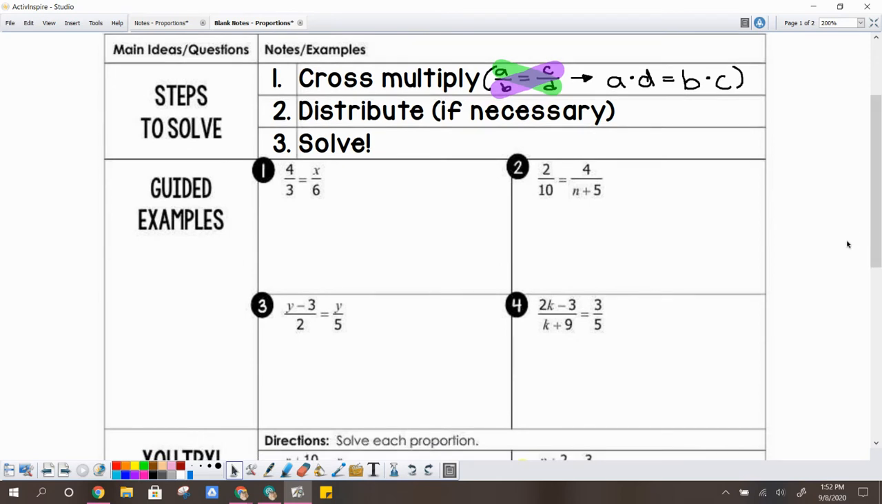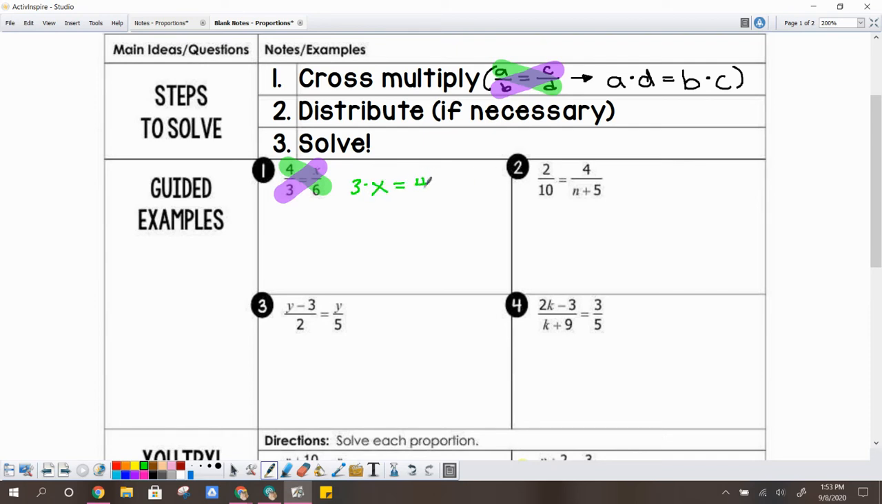So the first step is to cross multiply. We're going to look at number 1, and step 1 is to cross multiply. So we're going to start with our 4 and cross multiply that with our 6. I'm going to use my highlighter tool. You can just draw circles if you want. It doesn't matter. So I'm going to do my 4 times 6, and then my 3 times x. So I'm going to write this as 3 times x